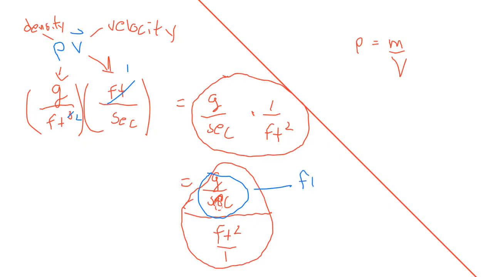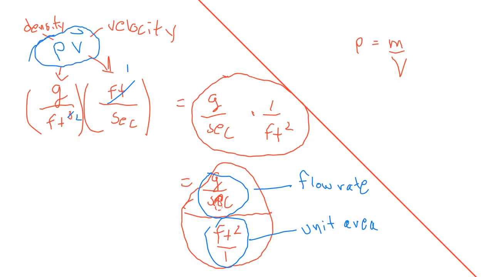So this is a flow rate, or rate of flow. And then feet squared, that's unit area. So when you take the density and multiply it by the velocity field,